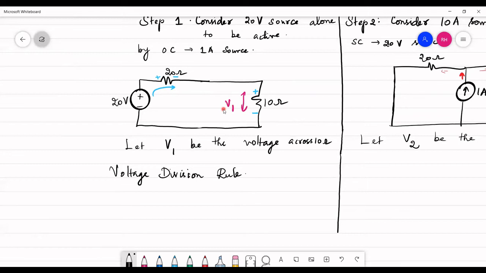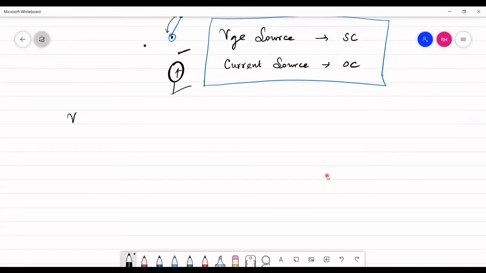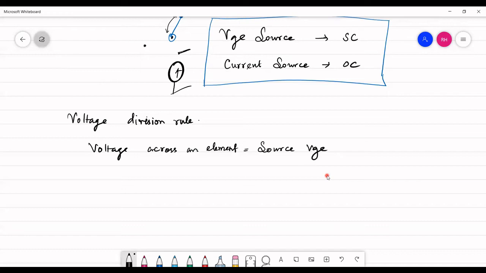According to voltage division rule, voltage across an element is equal to the source voltage, or the voltage which is going to get divided across the elements, times the resistance of that element